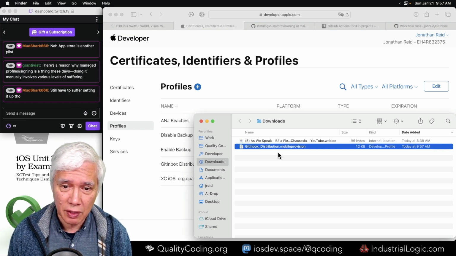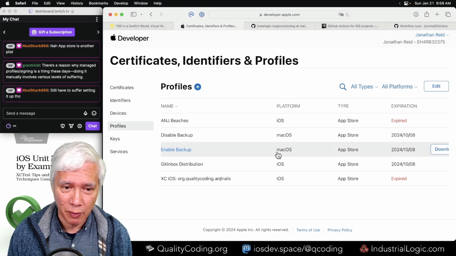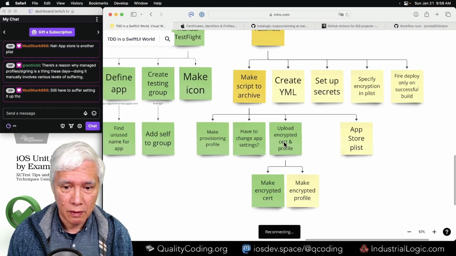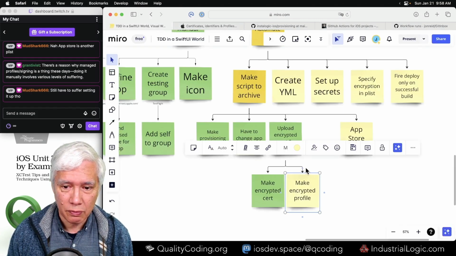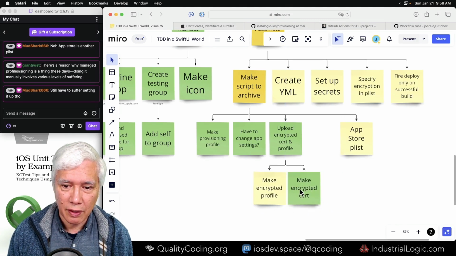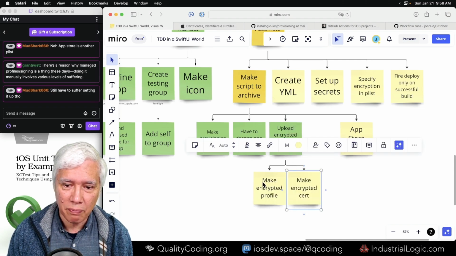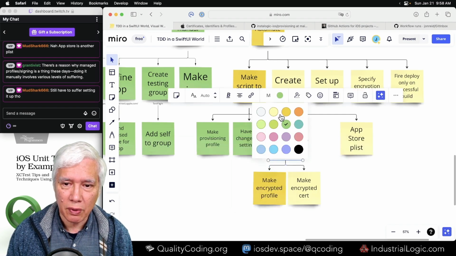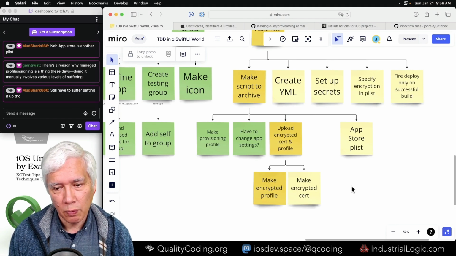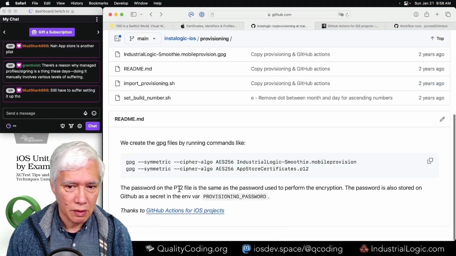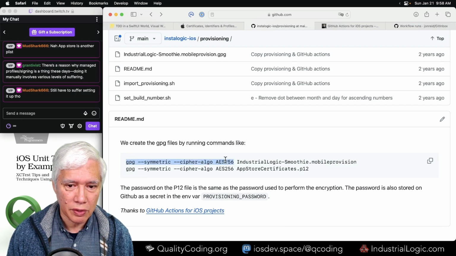There's the provision. And we want to zip that up, or we want to include it, encrypt it somehow. Kind of done it the other way. And I got my colors all wrong. Bear with me. My colors are wrong. There we go. We're working with the profile. So let us say we want to create this